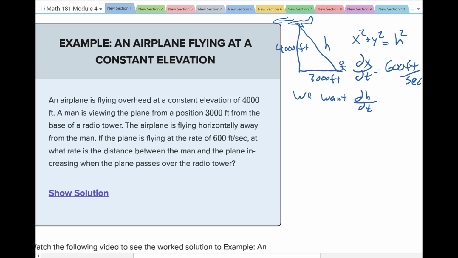And you could have called that C, you could have called that Z, I really don't care, but that's the one that we're after. Okay, so if we look at that equation, x squared plus y squared equals h squared, and we take the derivative of everything,